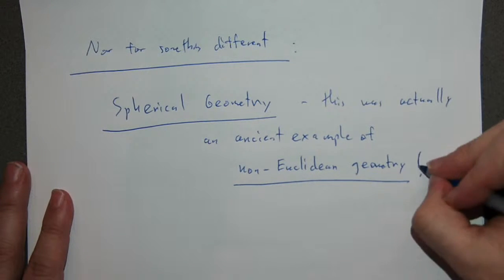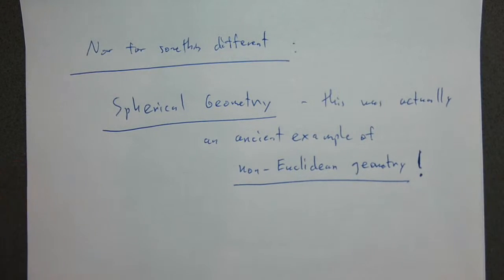So then why is it not going to be the premier example of non-Euclidean geometry that we're building up to? This entire course is building up to